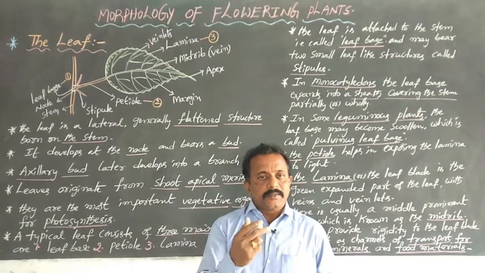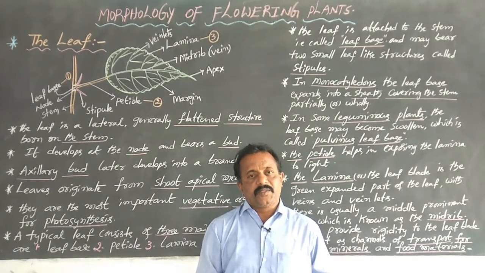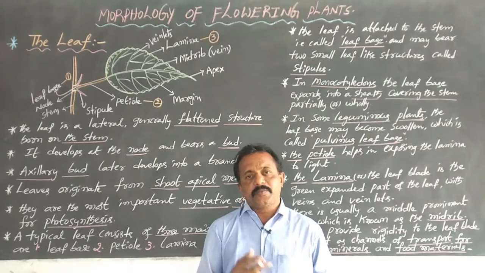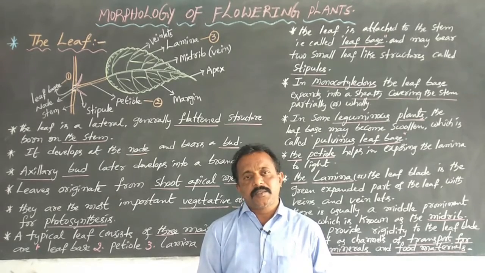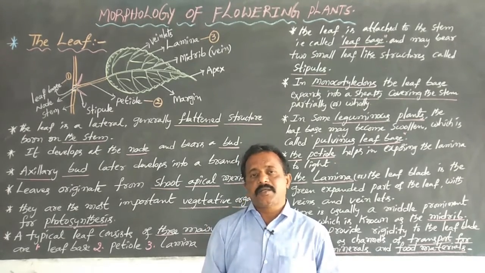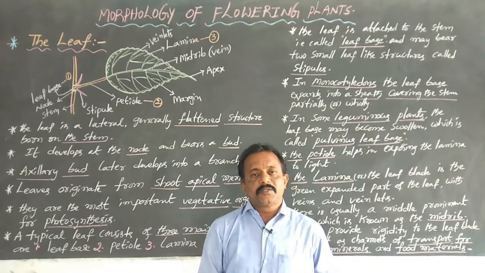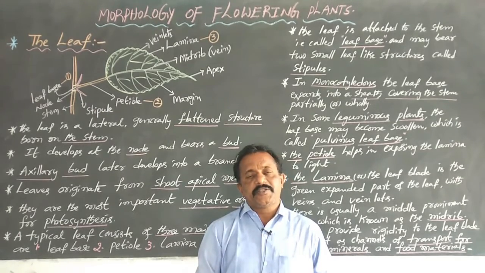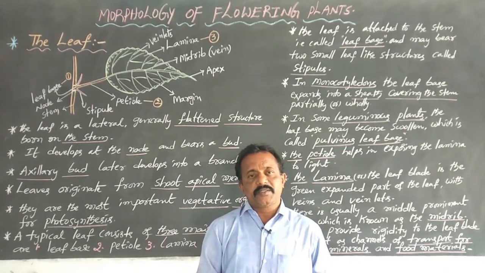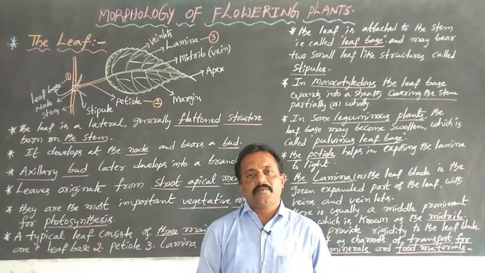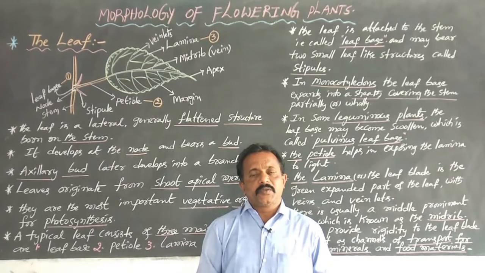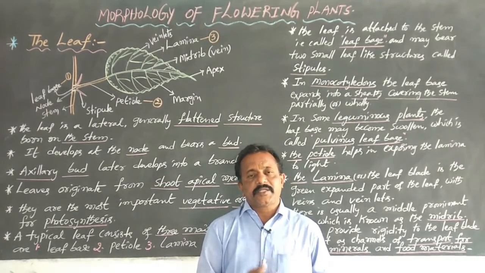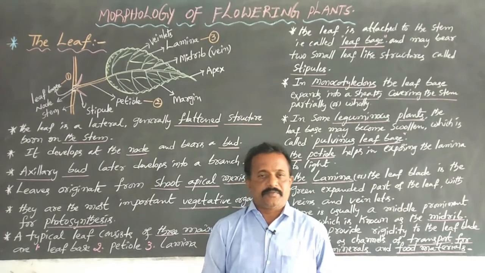And the meaning of stem: the part of the plant body present above the soil, or aerial, is called the stem. This stem develops from the plumule of the embryo in a germinating seed. The stem always grows in positive phototropism. So these are some general characteristics of the root and the stem.